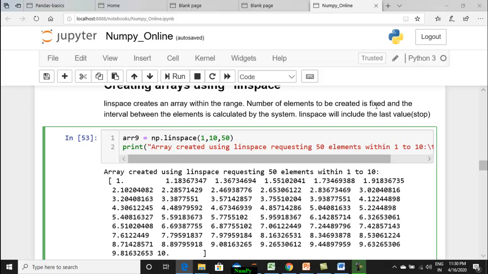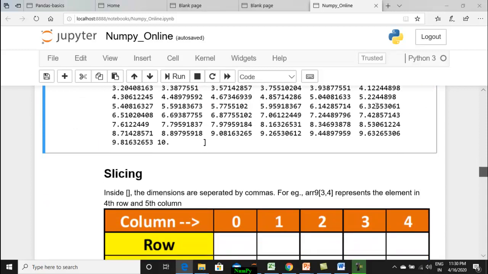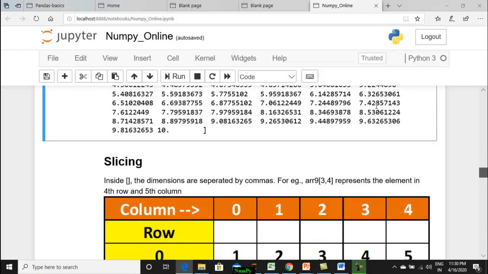The Python interpreter is expected to create 50 numbers from 1 till 10, including both. You can see this is the result of execution, so 1 and 10 are included. The interval will automatically be calculated by the Python interpreter. So if you use arange, you have to give the interval and it will take the number of elements. With linspace, you have to specify the number of elements and it will take the interval.